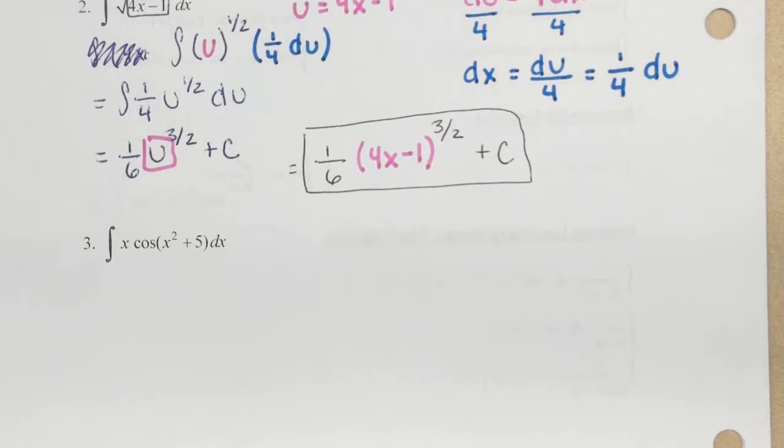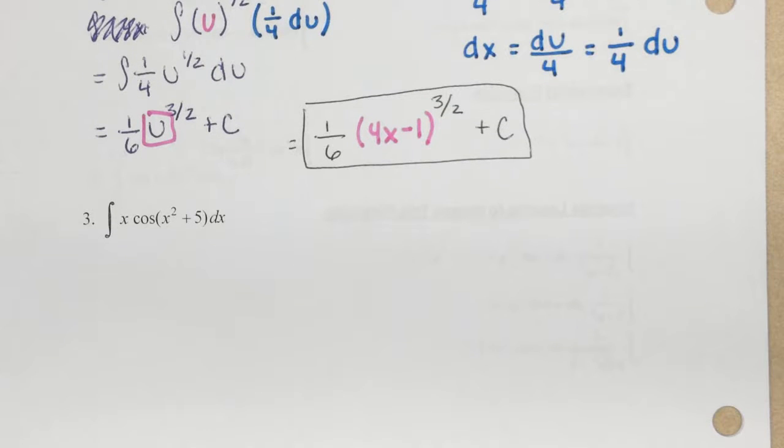So for number 3, we have options, kind of, for what u could be. Because we have a function up front with the x, a function of cosine, and then the inner function of x squared plus 5. So we want to be strategic with picking our u. What we want to do is pick one of the 3 functions, so x, cosine, or x squared plus 5, that will help us to